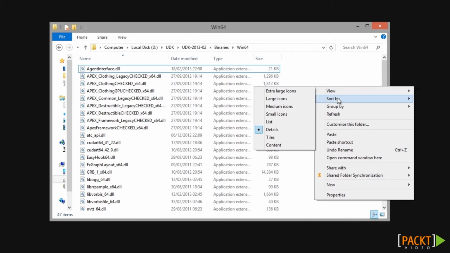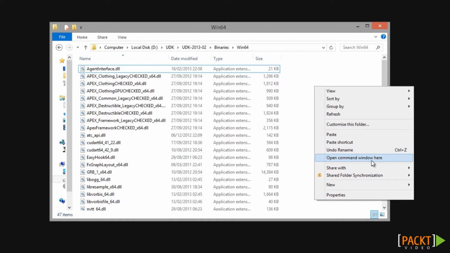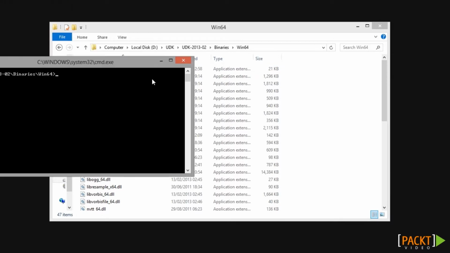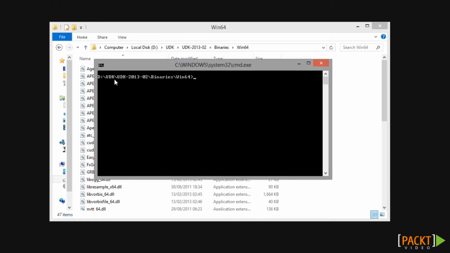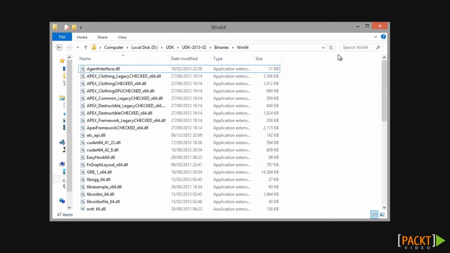And when I do this, we get a context menu appear, and on this menu you can see the option here which says Open command window here, and I can click on that option and straight away a command prompt appears, and it is in the folder that we need. So that's really just a quick way on how we can open up the command prompt anywhere on any folder that we want. So let's just jump back to our command prompt window and see how we can run the